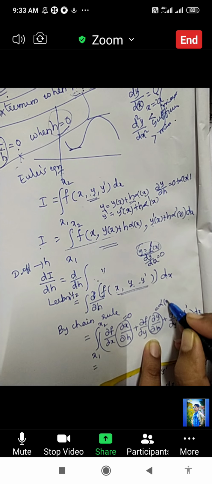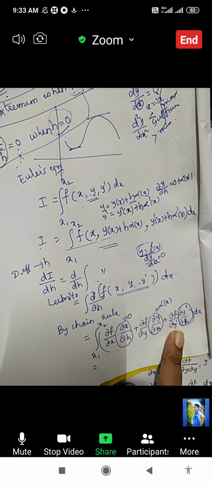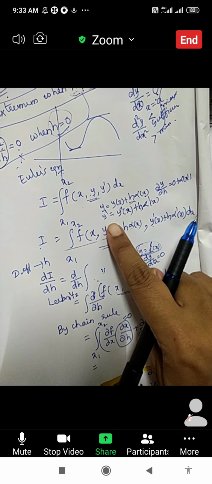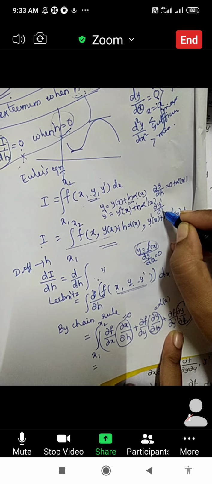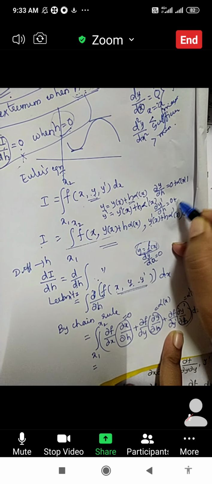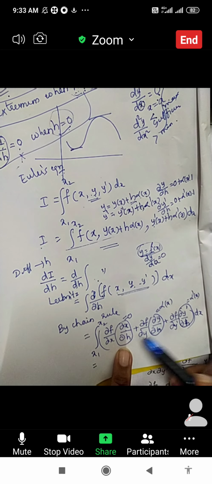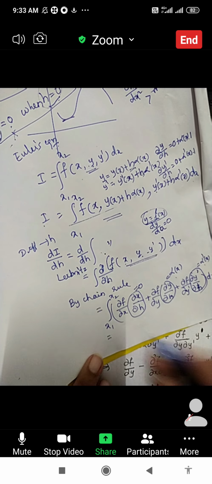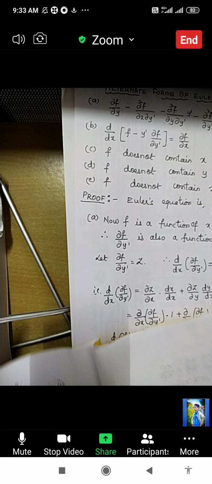Alpha of x. Can you guess what should be the value then? Derivative of y dash with respect to h. Alpha dash. It's clear from here. Just see the relation. y dash is equal to this. If I differentiate this y dash with respect to h, this becomes 0. This is alpha dash of x and h is 1. Am I right? So this is 0, this is alpha of x and this is alpha dash of x. Let us substitute. So this is, okay, I'll just write it in the next page.